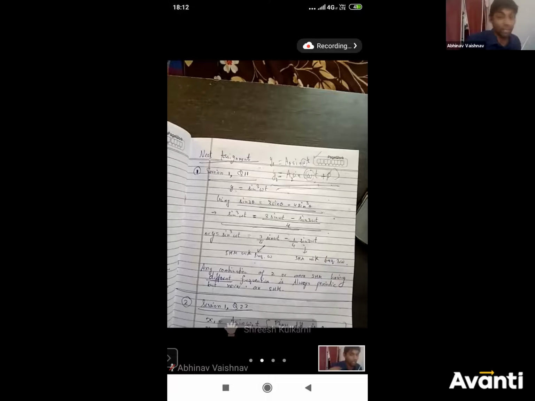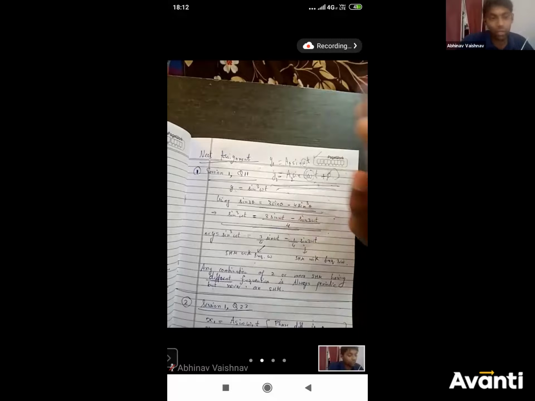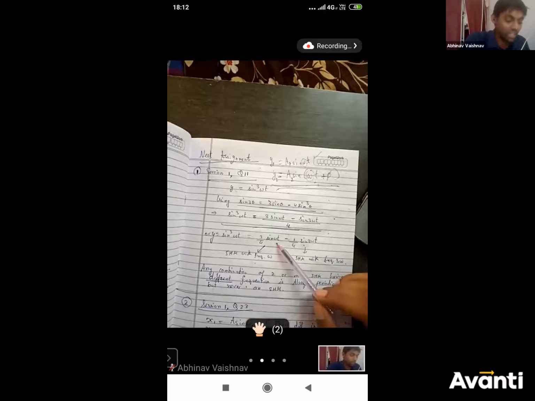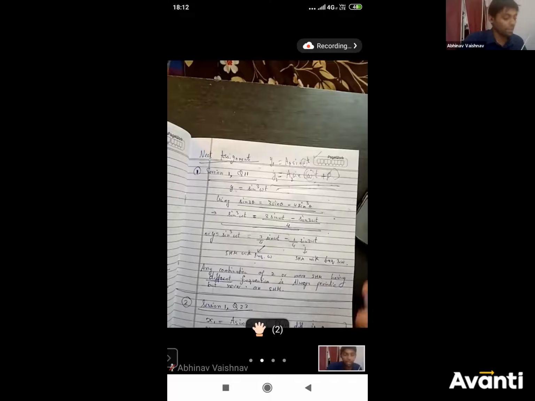Actually, in fact, any periodic function can be written as a combination of sine and cos functions. कोई भी periodic function जो है दुनिया में उसको लिखा जा सकता है as a combination of sinusoidal functions, sine and cos functions of different frequencies, right? If you have basically infinite terms here, that is called Fourier series. But यहाँ पे अपने काम की बात ये है कि याद रखना हमेशा, if the frequency is same only then it will be SHM, otherwise it will be periodic always but not an SHM. ठीक है? So periodic होगा पर SHM नहीं होगा.